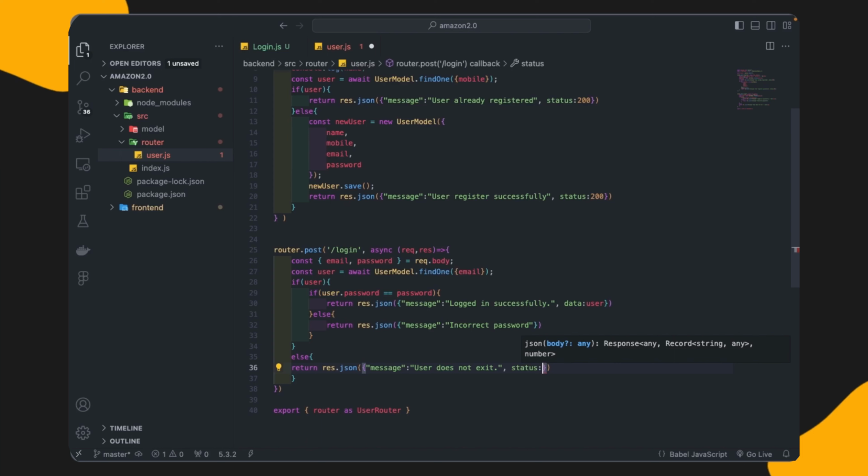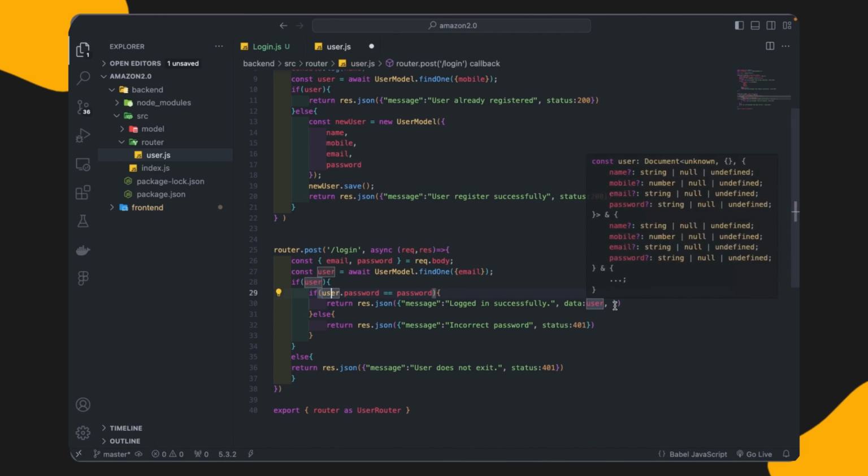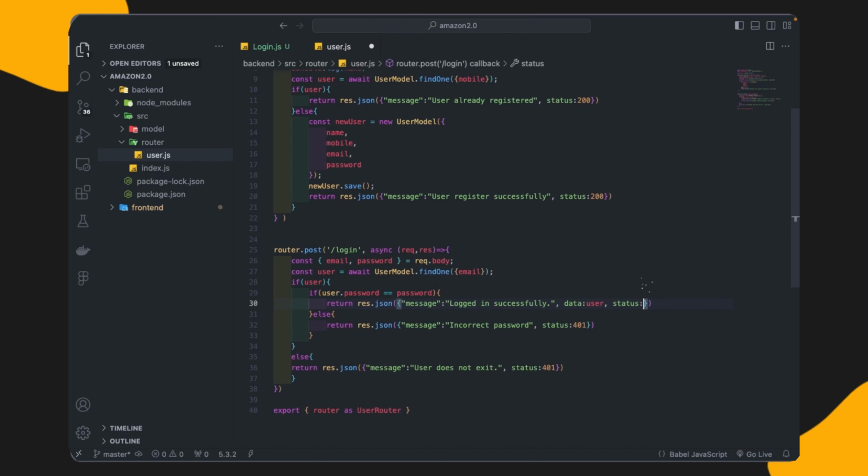If the user does not exist, I will pass status 401, and for incorrect password also status 401, and in the correct case, where the user and password are correct, I will send status 200, which means okay in networking.